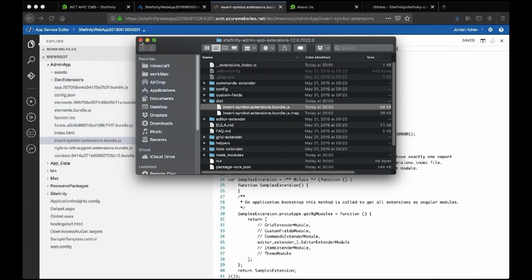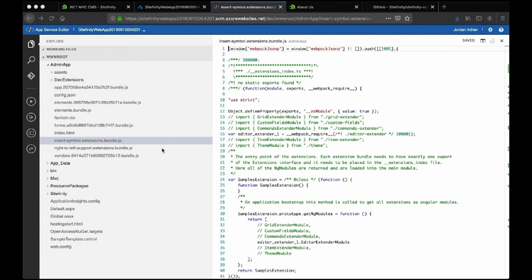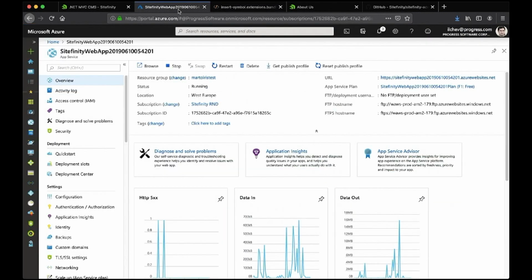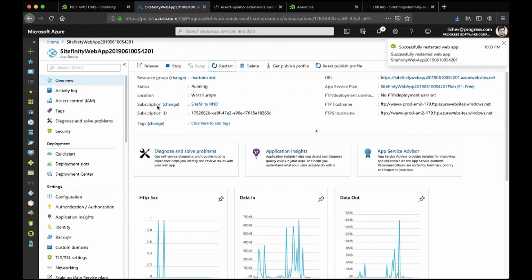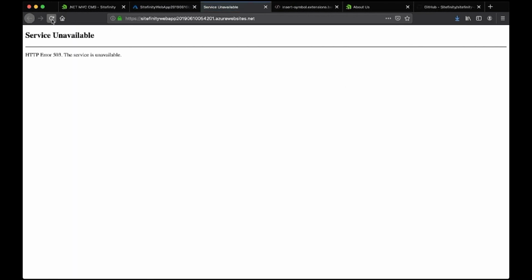You better check this in your source control for the Sitefinity, not directly modifying the environment in Azure, but for now it's okay. I have another extension as you see right there that adds some additional functionality to my sample. I restart the web app, and when Azure redeploys my app